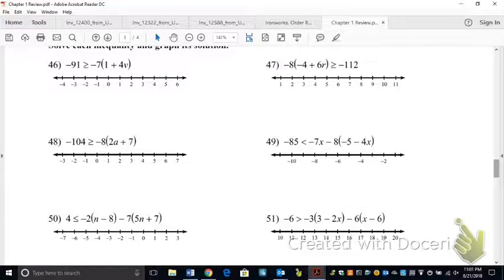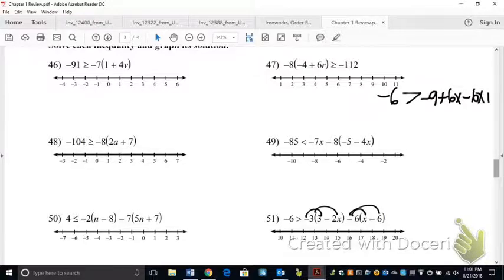Okay, moving on, number 51. So here we have 2 distributions. We're going to distribute the negative 3 to that first parentheses and the negative 6 to the second. So we have negative 6 is greater than negative 9 plus 6x